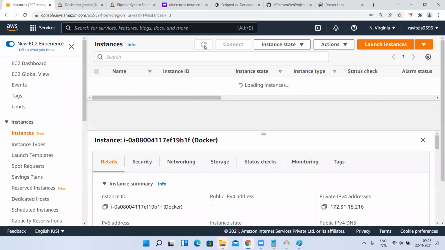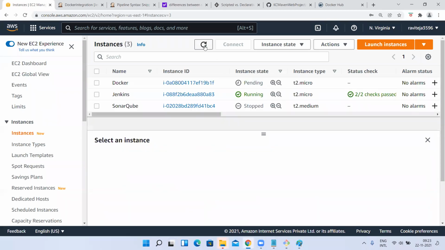Okay. Understood, guys? Is it easy or looking difficult? Pipeline scripts, it's easy. Easy only. So don't think of it as programming. So many people ask, sir, Docker